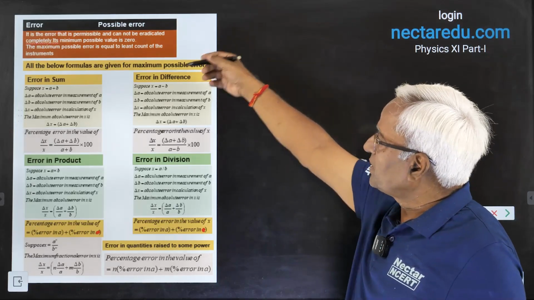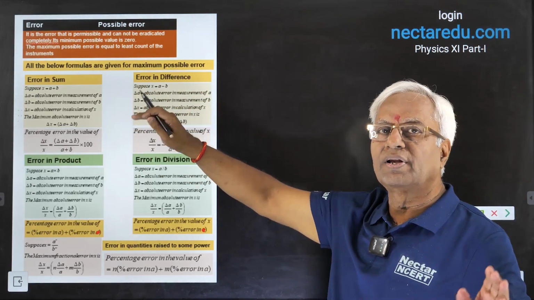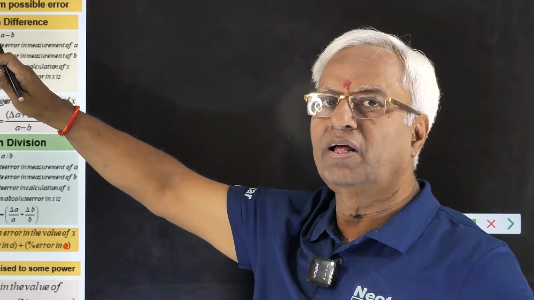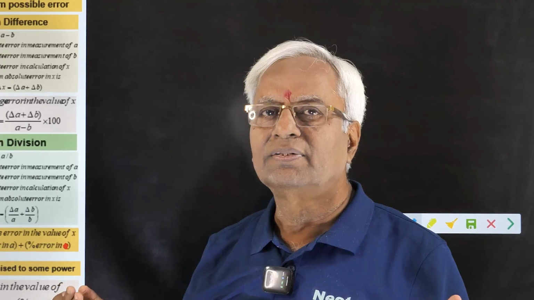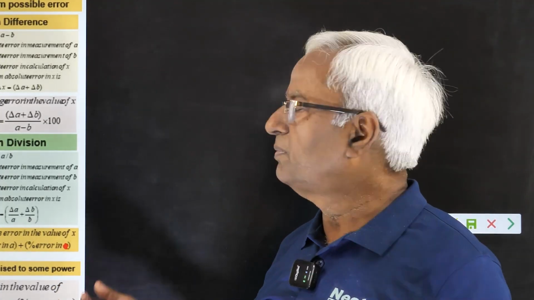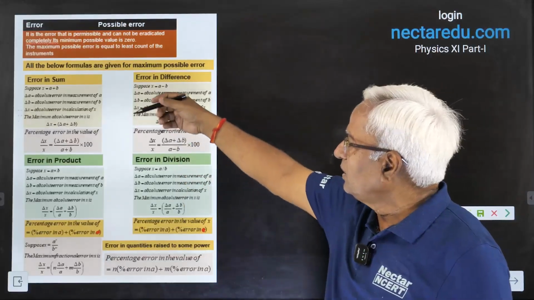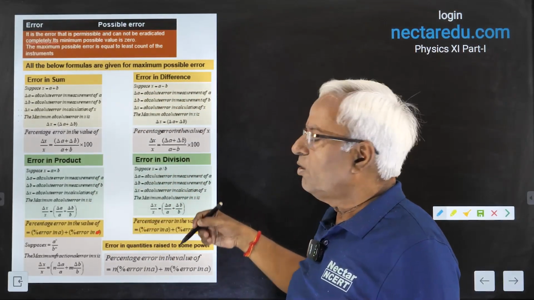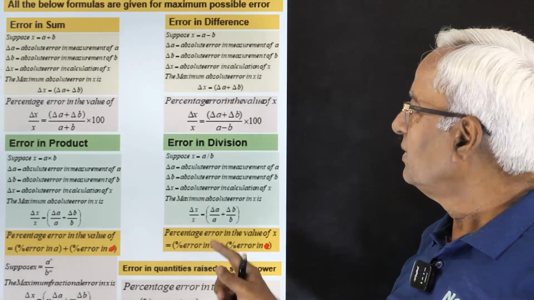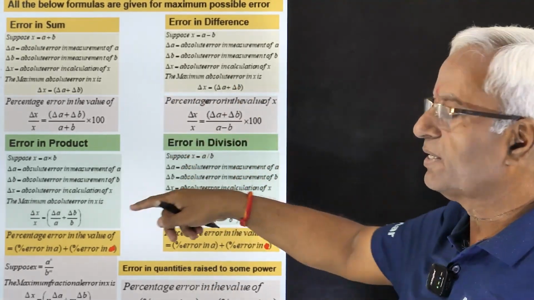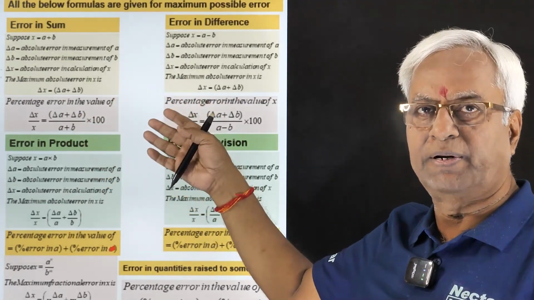Whenever you are studying any formula in this chapter, it's all regarding maximum possible error. Minimum possible error is such a simple thing that everybody knows. It is never the topic of discussion. All the formulas we have mentioned here, obviously it's not even mentioned, but it is self-understood that these are all the relations for maximum possible error. Now I'll tell you the formula for each expression.